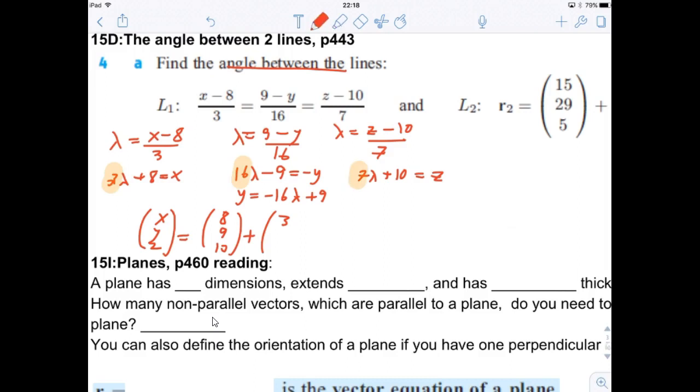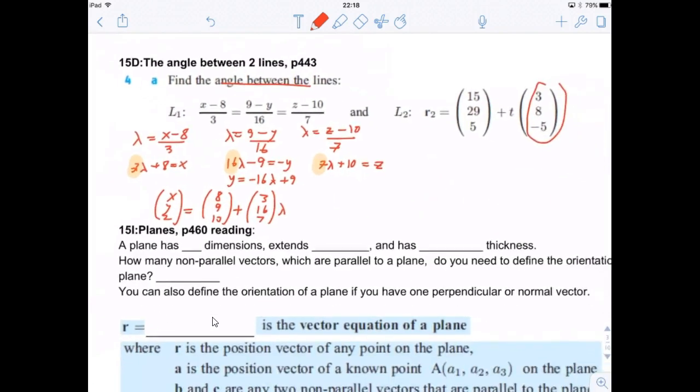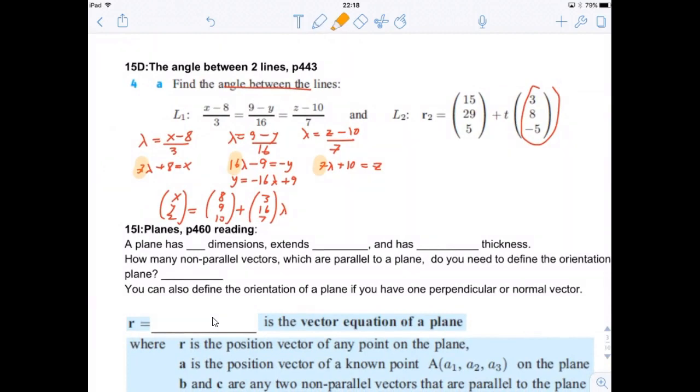It would be 3, 16, 7 times lambda. And so now what you would do is take this direction vector and scalar product with that direction vector. So you would have 3, 16, and 7 scalar product with 3, 8, negative 5,